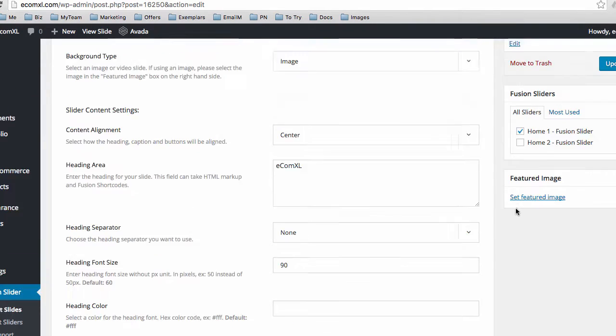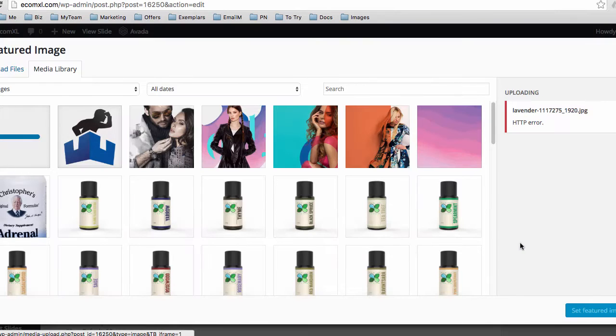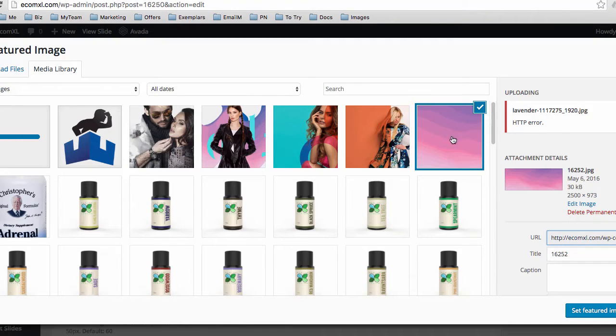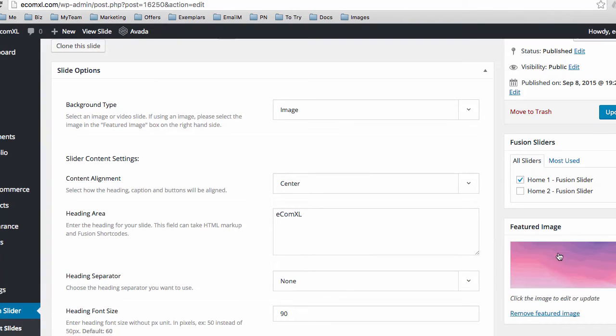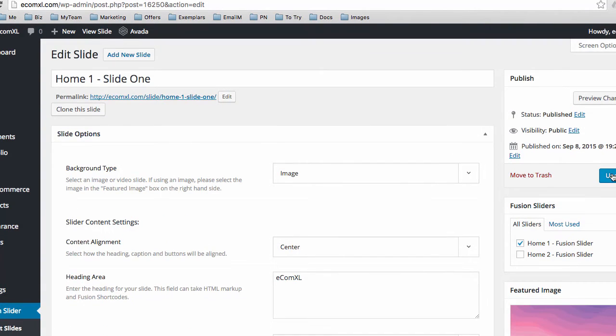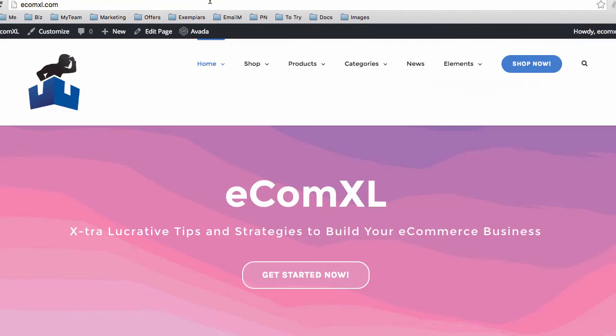But once you upload an image, you'll be able to click on it, and click on set featured image, and then it'll show there. And then you're done. And then you just click on update, and you can go to your front view of your website and refresh the page, and you'll be able to see the changes right here. So let's just refresh, and okay,